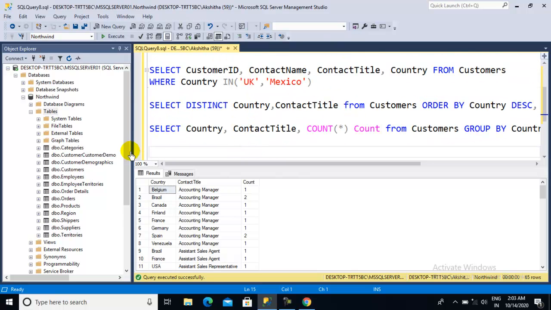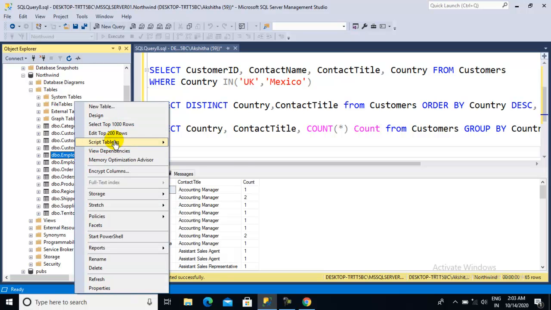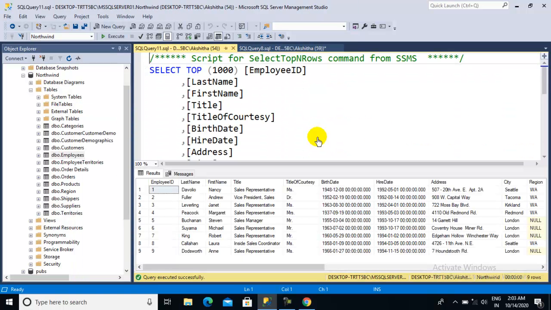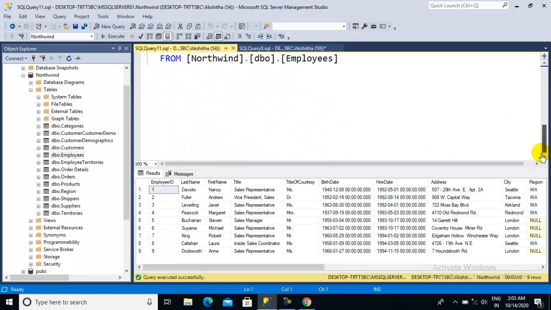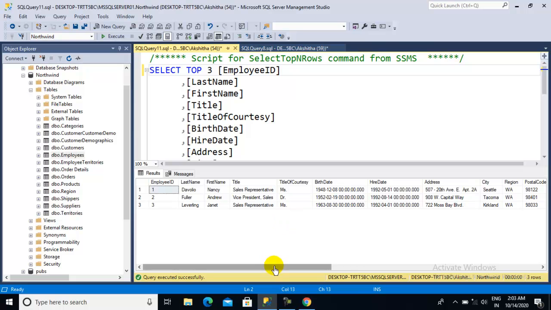And now here what we can do, for example, if I have an employee table, and I want to list out all the information, instead of writing like this, you can write like this as well. There is a direct command we have, right? Select top 100 rows, it will create a query with the complete information. See, top 100 is also one more keyword; for example, if I want only the top 3 records, you can mention 3 and run it. So only the top 3 records I can get.